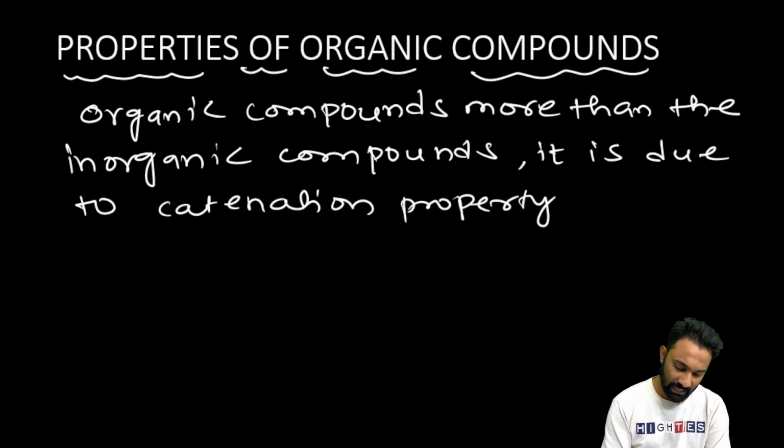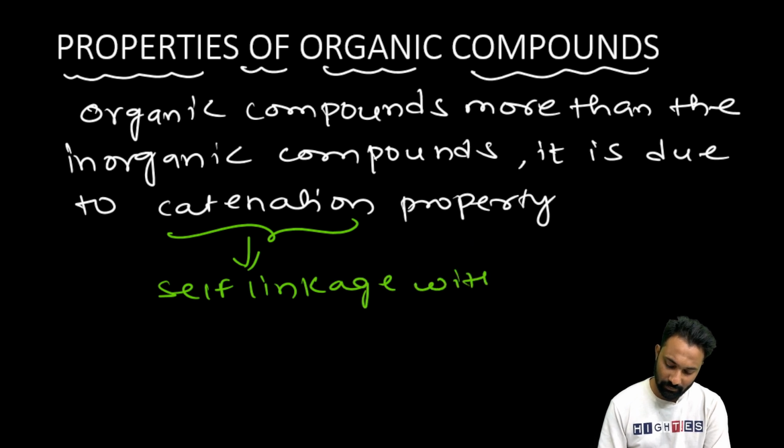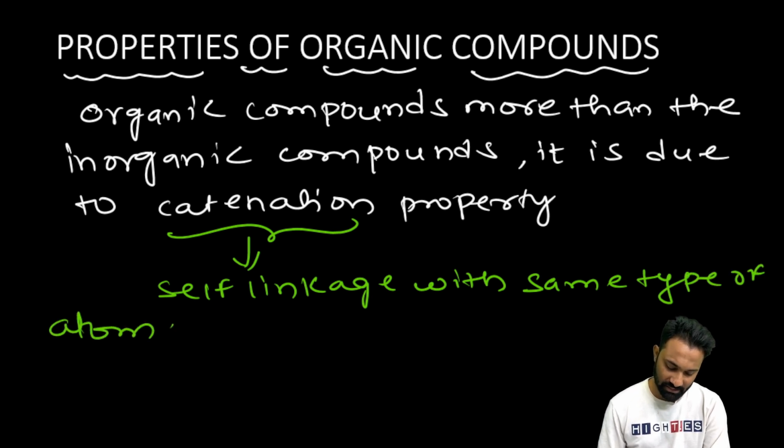What is the meaning of catenation? Self-linkage with the same type of atom. Catenation is nothing but the linkage of the same type of atom. Clear? Due to that only, carbon